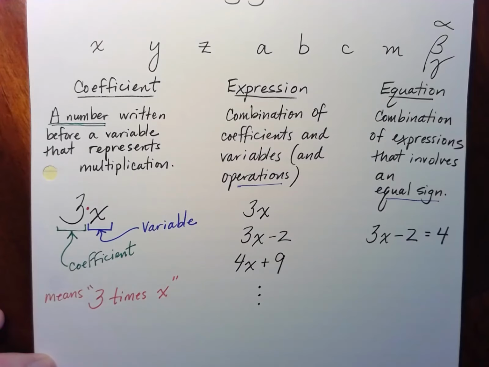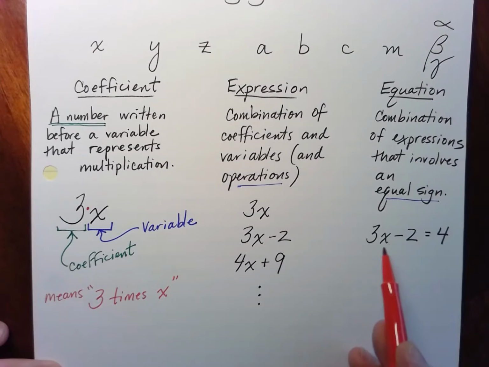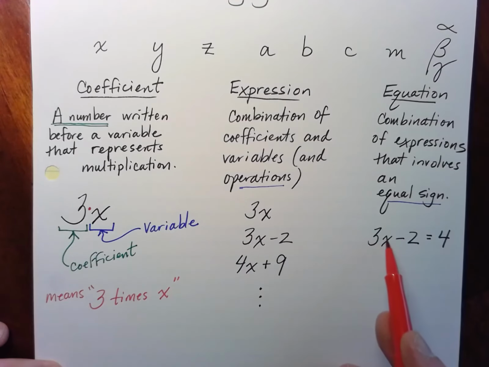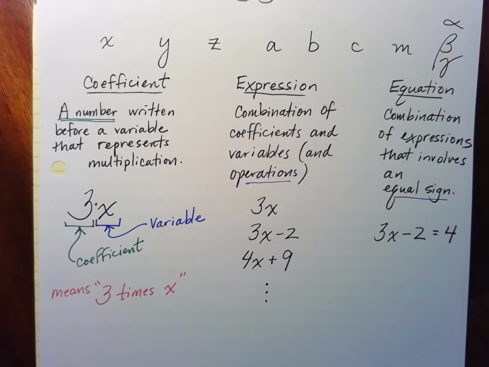Okay? Now some of you may be looking at this and saying, oh, well, if 3x minus 2 equals 4, then x has got to be 2, because then this would be 3 times 2 minus 2 is 4. Don't worry about that. We're going to get to that. We will have plenty of exercise with that. So all I want you to do right now is recognize that this is an equation